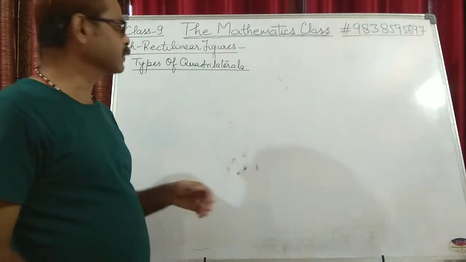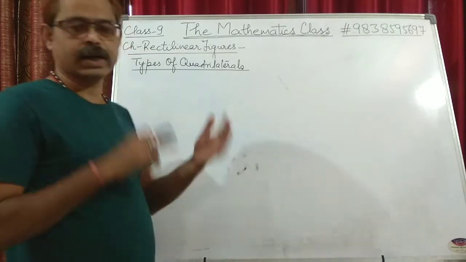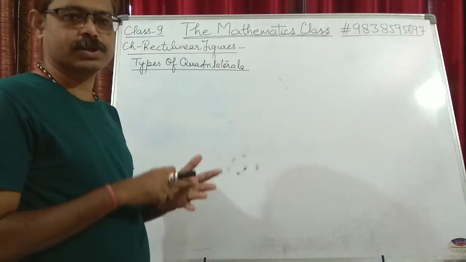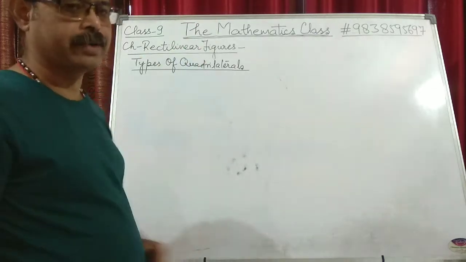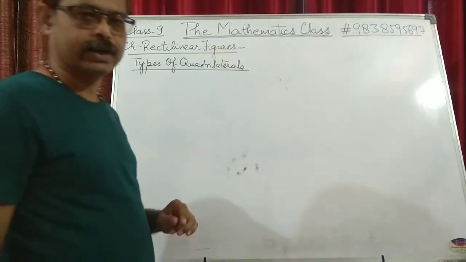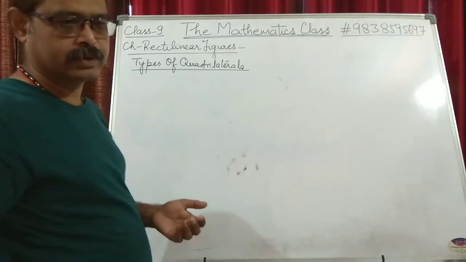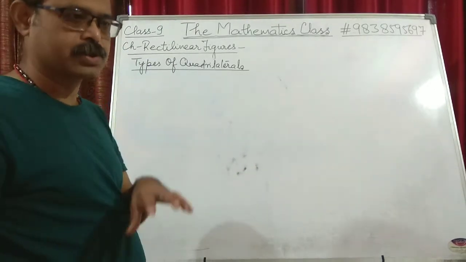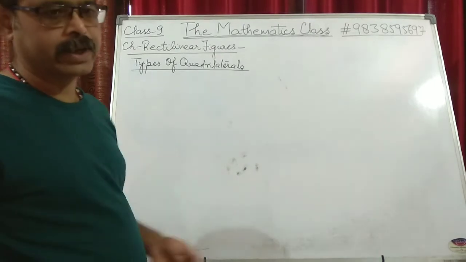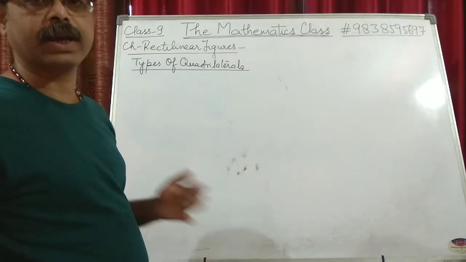In the previous class we discussed what are curves, simple curves, closed curves, rectilinear figures, polygons, and then we moved on to quadrilaterals. We know what quadrilaterals are, but just to recap: any polygon which has 4 sides, or any plane figure which is bounded by 4 straight lines, is known